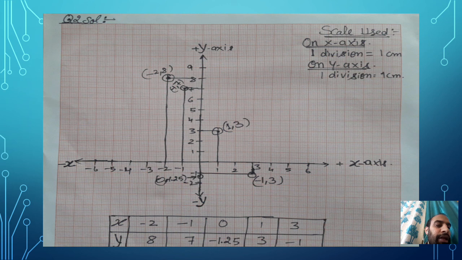In this way you can represent, my dear student, any point in the given plane by knowing its coordinates, or whether it is lying on an axis. But it is very clear, if one value is 0 and the other value you have, that means that point is lying on an axis, not in a quadrant. If a point is lying in a quadrant, definitely you will get both numbers nonzero. If one number is 0, then it is on an axis.